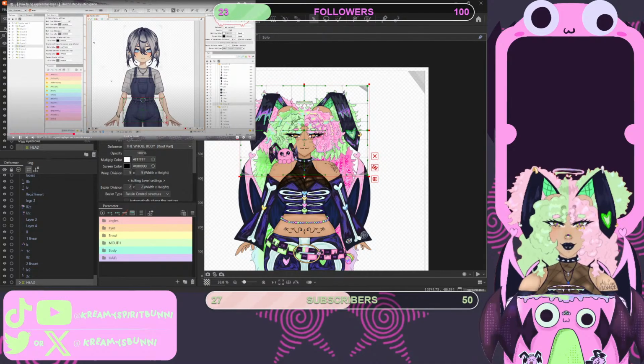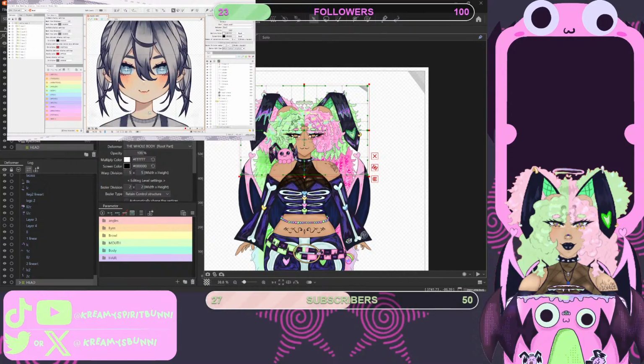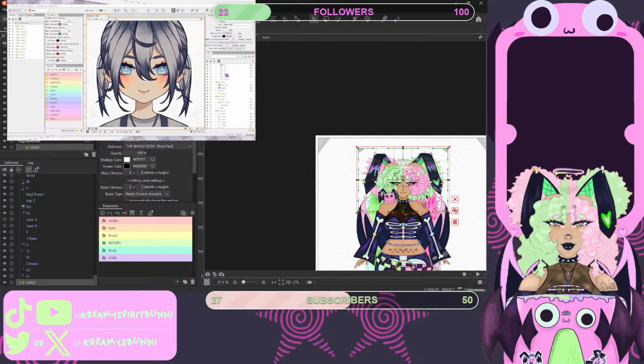Cool. Everything is set up to rig, everything nice and organized and clean. So let's get to learning how to rig. We are going to start with the eyes. I always teach people how to do eyes first because I think it's a good overview of how to use most of the tools. So we're going to zoom in on the face here, and then in your parts section, you can